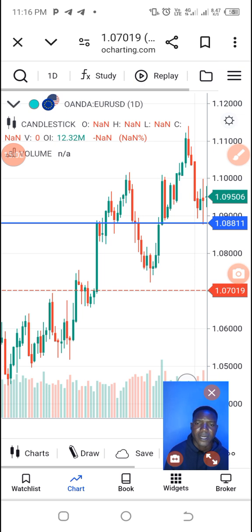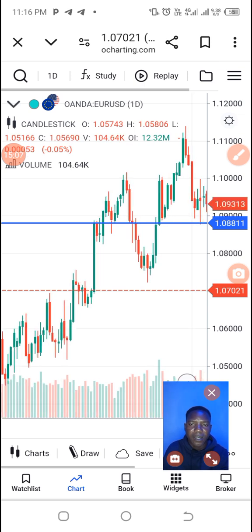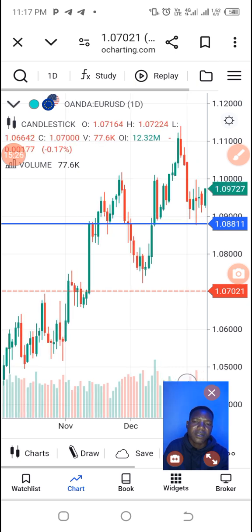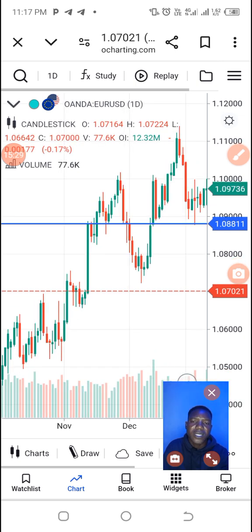So we see right here that there is an inefficiency. You see this green candle right here that moved up? There is an inefficiency right there. See this little pin bar. It has just a little tail at the top, and there are no other tails. This next green candle that forms here didn't really create a tail to cover up the inefficiency. So there is still an inefficiency right there,